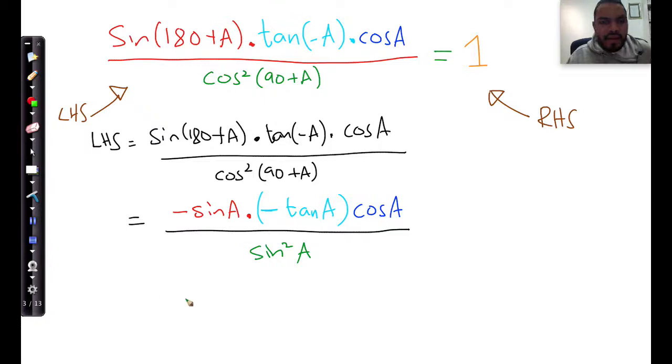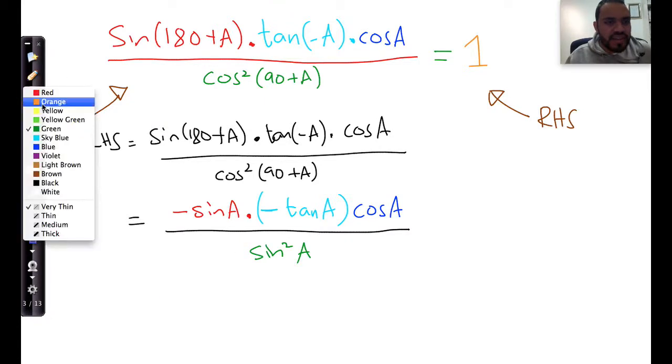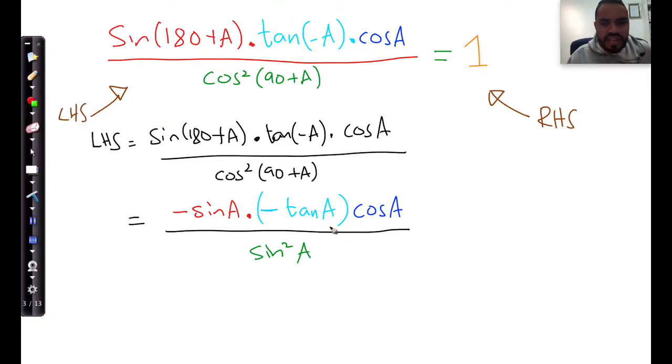Okay, now what I can do is I can easily just multiply out all the negatives. So I've got negative times negative, which gives me a positive, multiplied by positive, it's a positive, divided by a positive at the bottom. My entire answer will just be positive. That's a good thing. Okay, and now I can actually use the grade 11 identity. So I'm going to put down sine, the negative is gone because I've already multiplied all of that out. I've got sine A, okay, all divided by